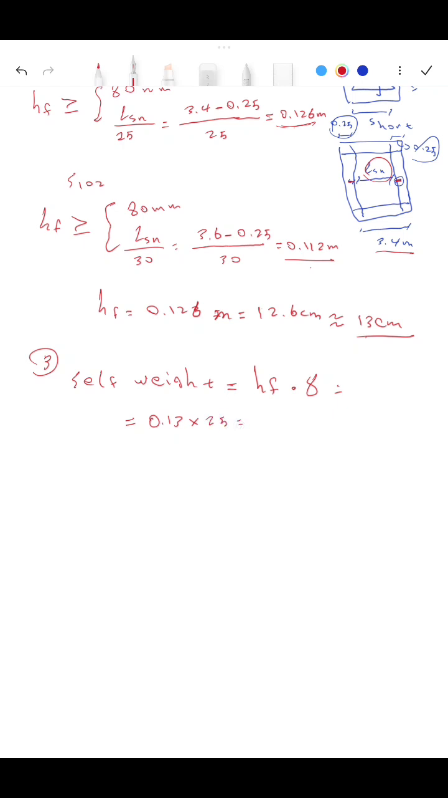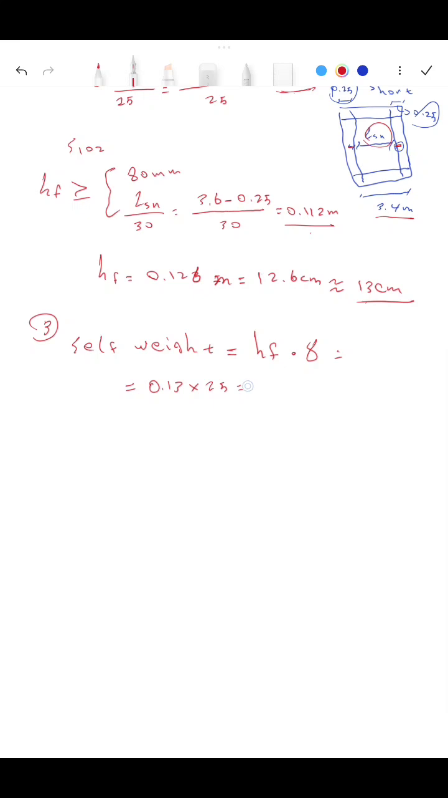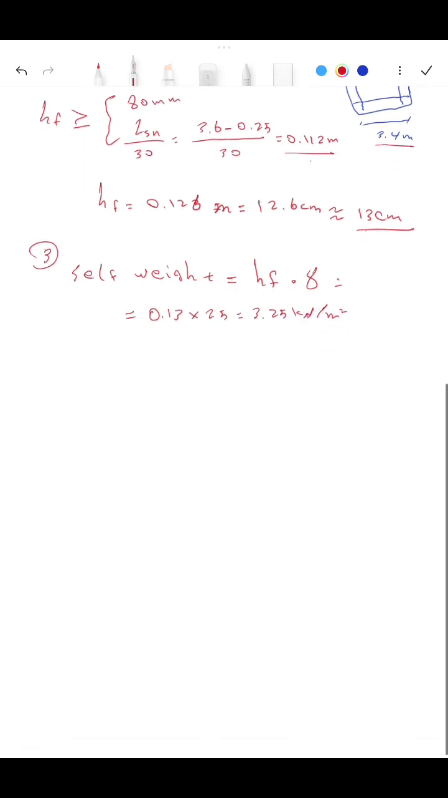Sometimes it's 30, but in general 25 is the most common value. Okay, 0.13 times 25 will be 3.25 kilonewton per meter square. This is the self weight. So the G will be